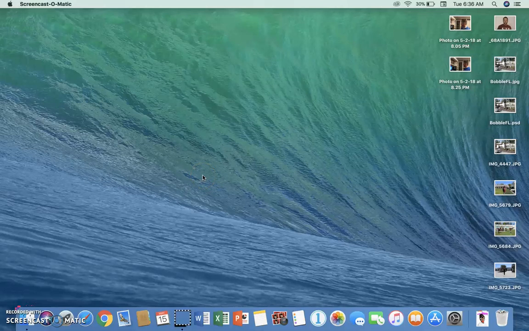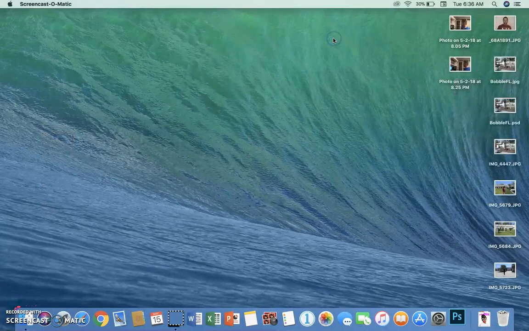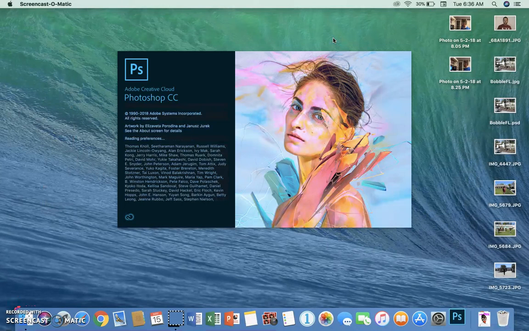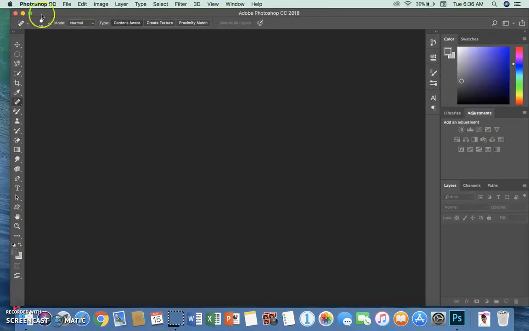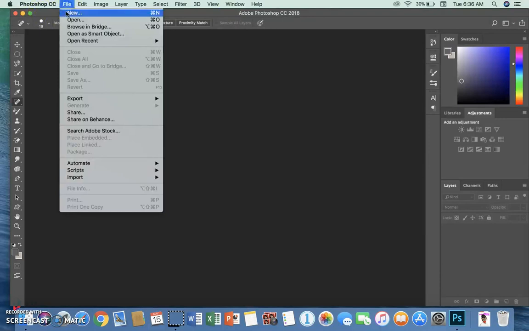Okay, so we are ready to take a look at some of the skills in Photoshop that could be used to make an image, any image, look better. So I'm going to open up Photoshop, and for this one, we want to get a picture. It's more of a portrait,